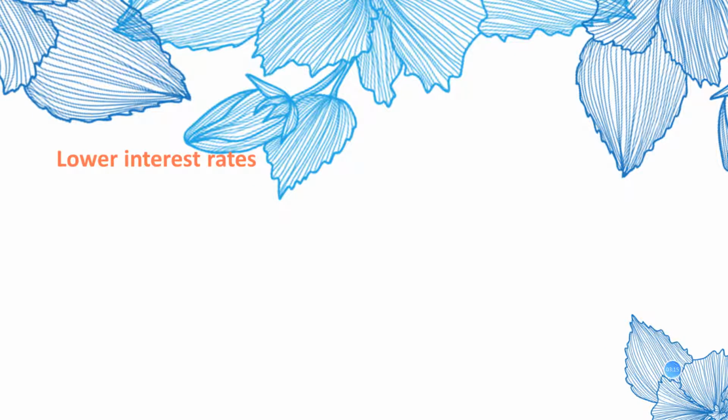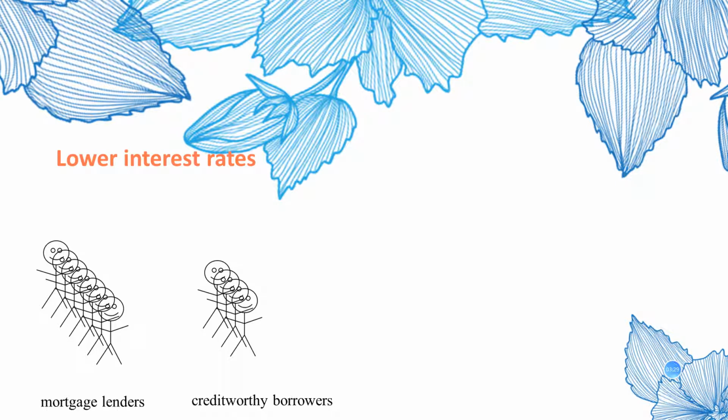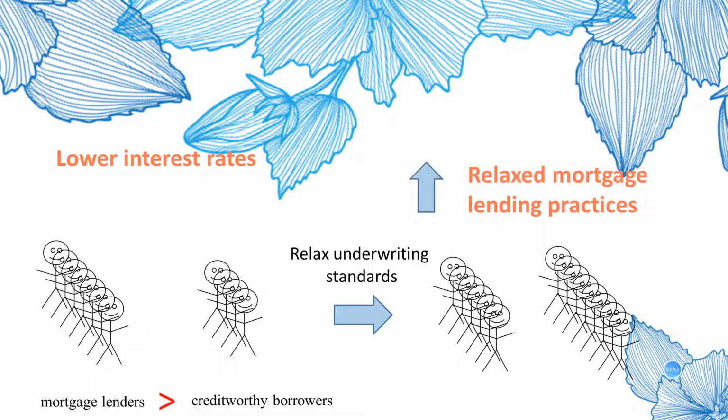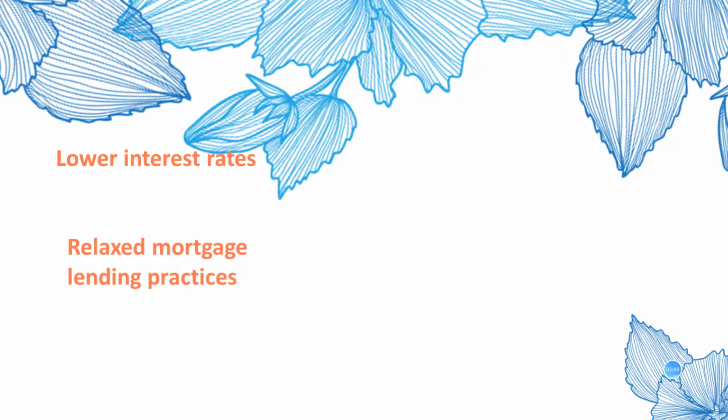On the other hand, at the beginning of the 21st century, during a period of tough competition between mortgage lenders for revenue and market share, and when the supply of credit-worthy borrowers was limited, mortgage lenders relaxed underwriting standards and originated riskier mortgages to less credit-worthy borrowers. This also caused a dramatic increase in the national purchasing power. Very low interest rates and relaxed mortgage lending practices together increased the demand for houses, causing house prices to increase faster.